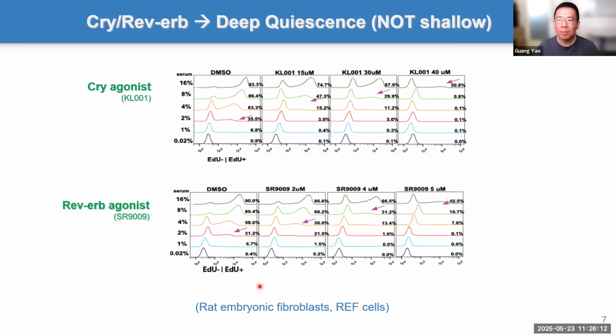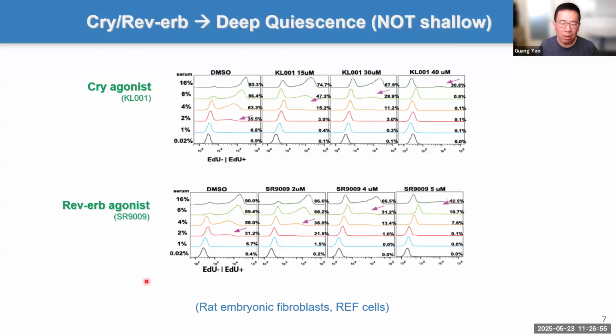Very counterintuitive. If you look at the same dose, for example here 4%, without the drug you have 58% in this particular assay going into the cell cycle, but with the drug you have a little less, and with more drug even fewer cells with the same stimulation. Same thing: either you need a stronger push to achieve a similar level, or the same push gives you a smaller return of cells into the cell cycle. Cells were deeper in quiescence now, with more MYC and with less P21. Surprising.